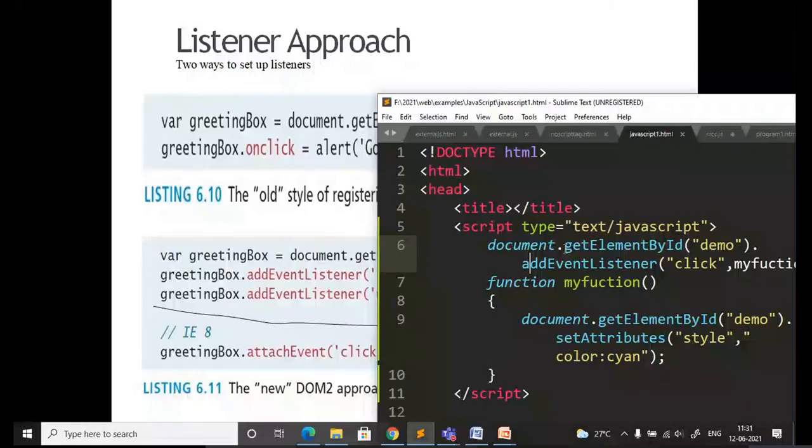Can somebody find out what the mistake is? The script is all fine. Within the script I have written this functionality.